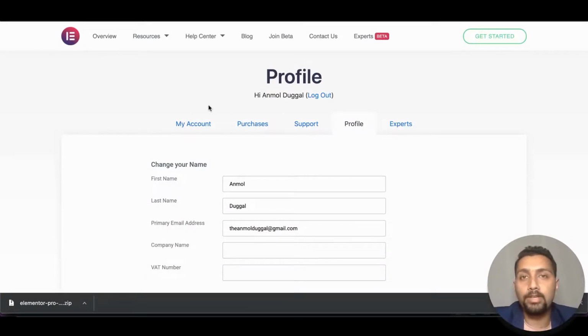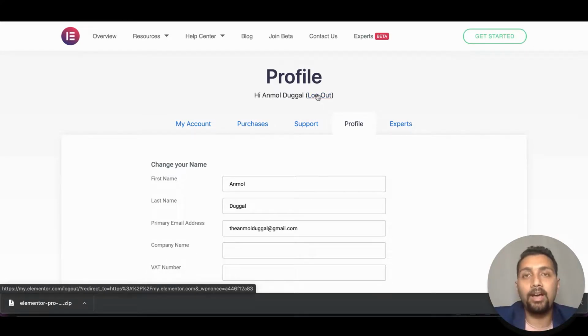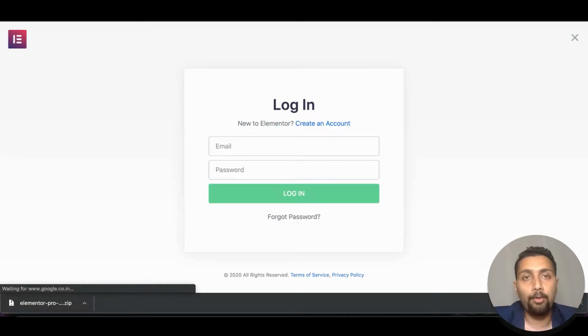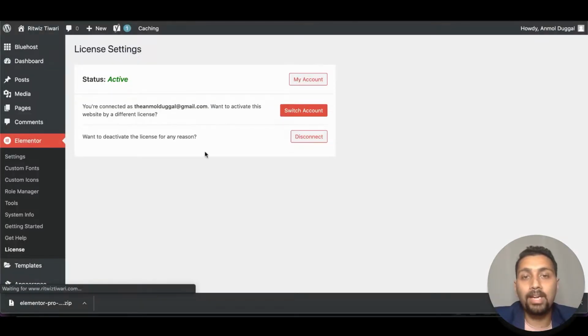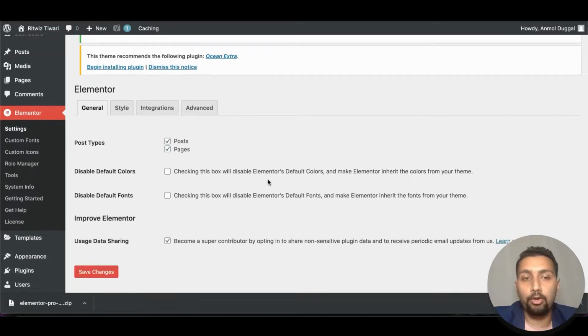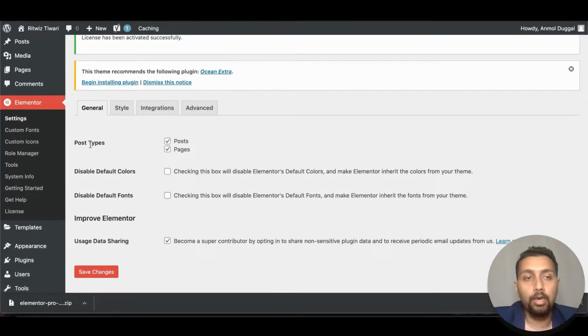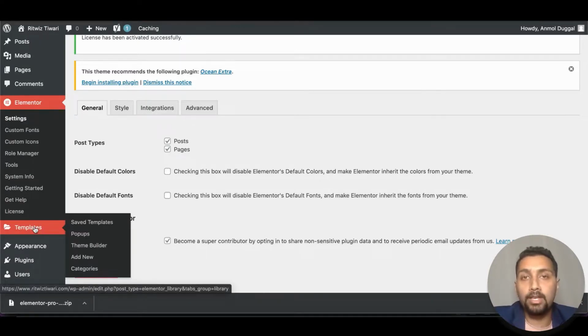This is what we need to do inside the Elementor account, and if you want to open up a support ticket in future, then you might have to log in to it. But other than that, for the designing part, we are going to do it from inside our website itself. Okay. So I am logged out of my account, and Elementor has been activated on my website ritvistiwari.com, and you can see here that we have some options. So this is a tab by Elementor, and then this is a templates tab by Elementor again. Within the templates tab, we have these options of saved templates, pop-ups, theme builder, add new categories, and we are going to talk about them. We are going to instead go ahead and straight away use them, and when their role comes up, I'll make you understand what we do with these features.